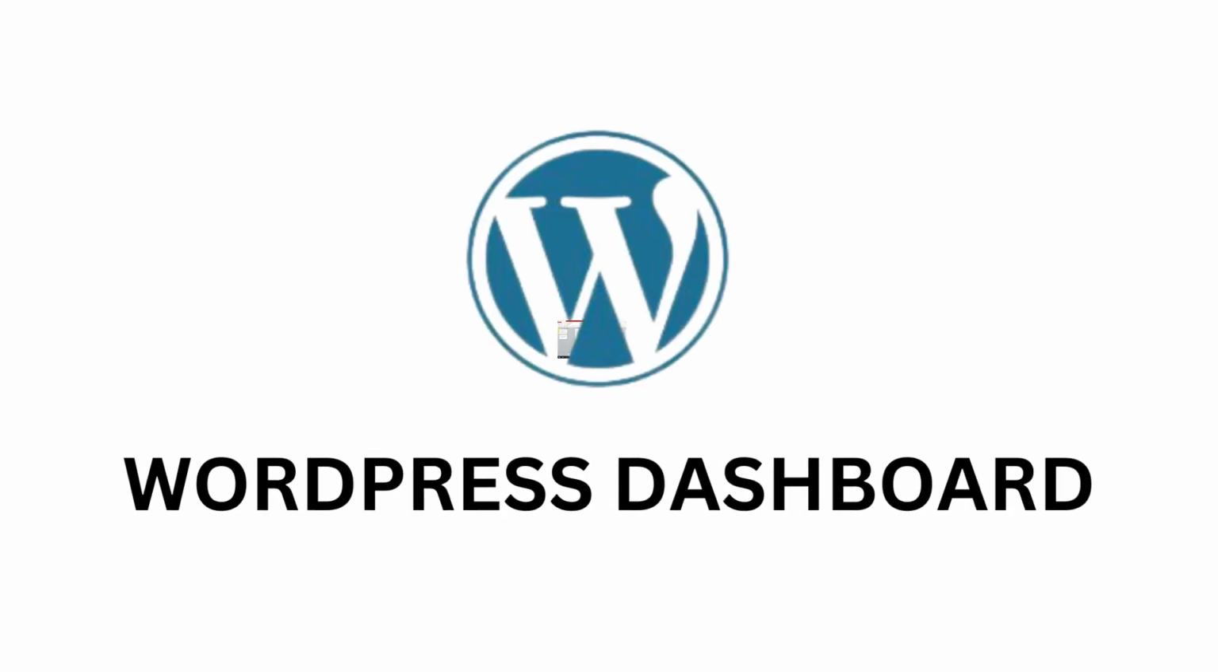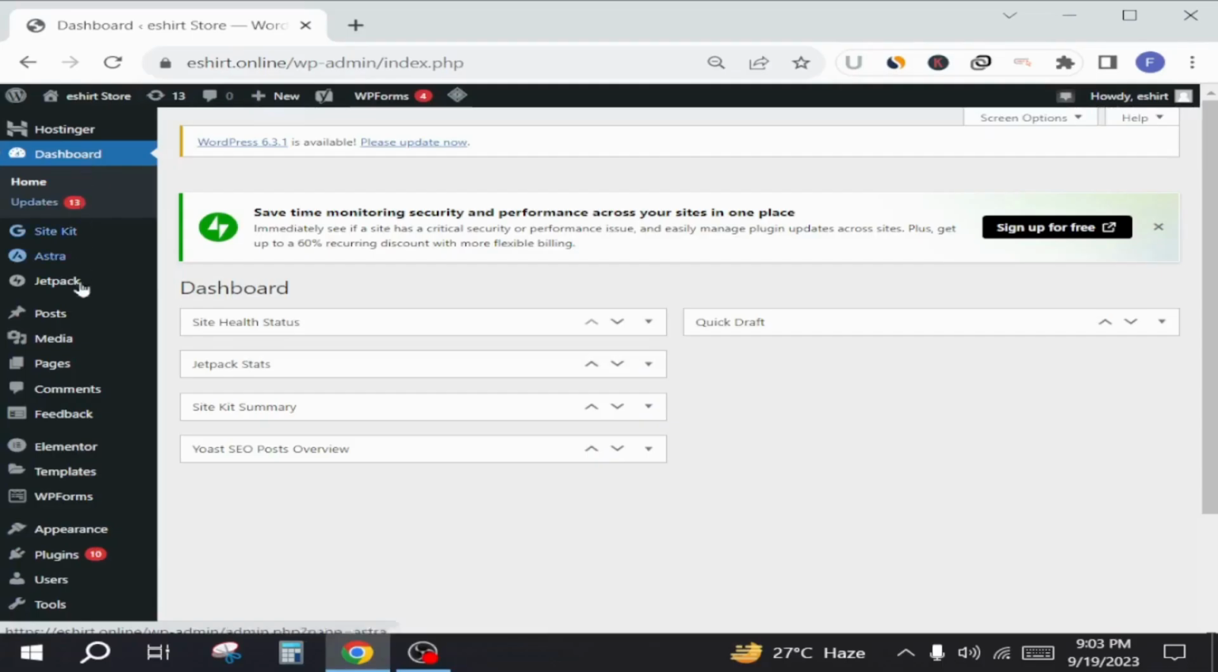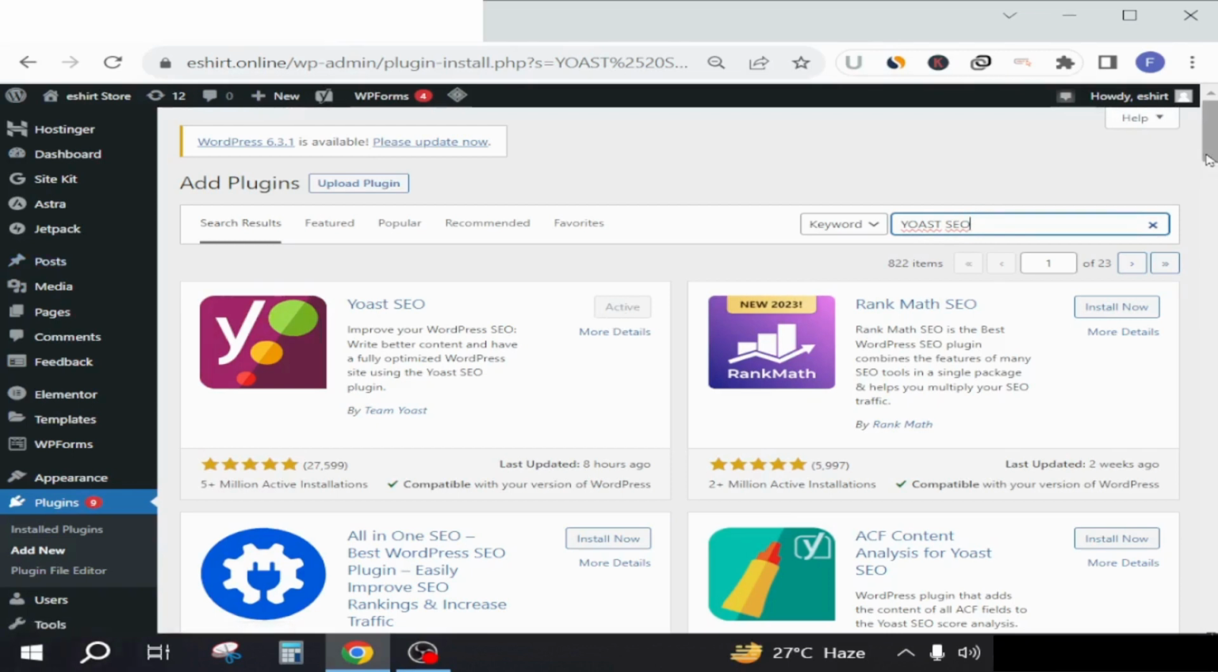So let's move to the WordPress website dashboard. From the WordPress dashboard, we will go to the plugin section and click on add new. Here at the plugin section you will search for the plugin Yoast SEO, and this is the plugin. I already installed that plugin, so you will just install and activate the plugin. After installing the plugin,